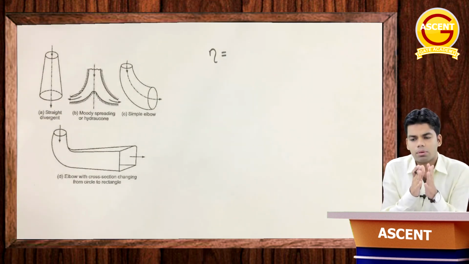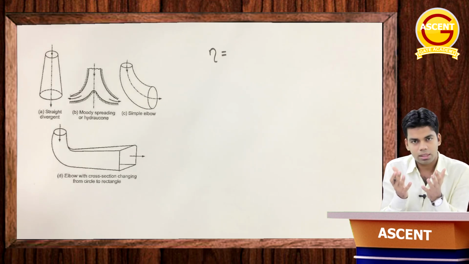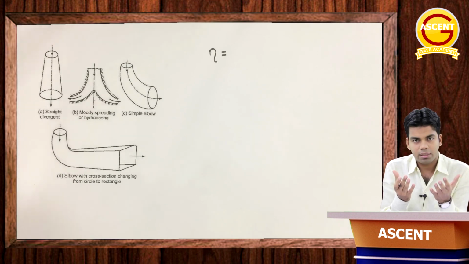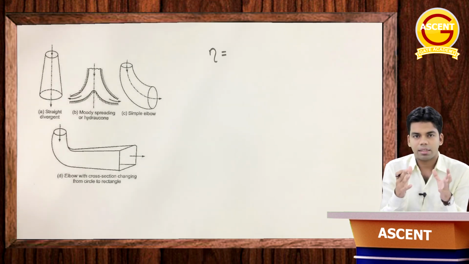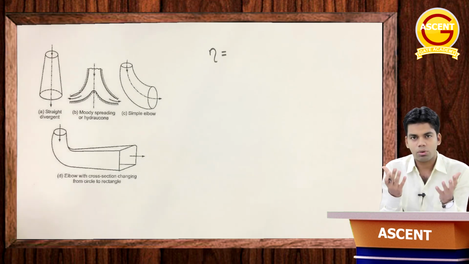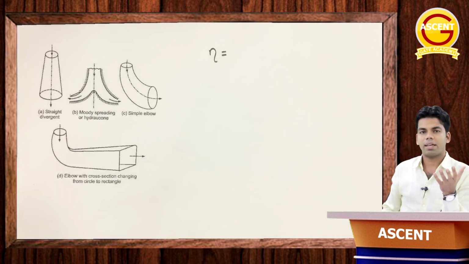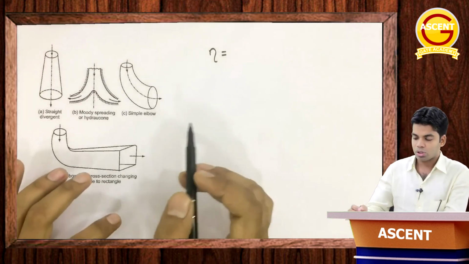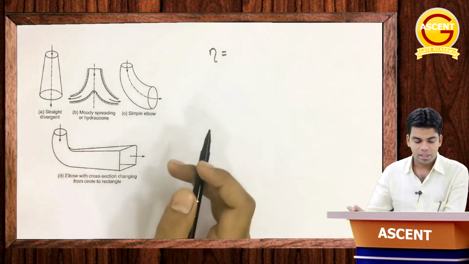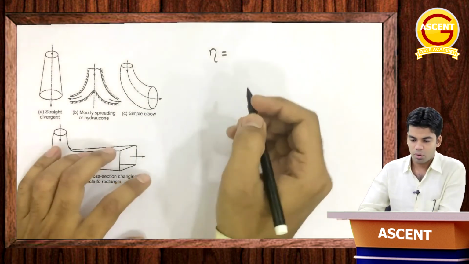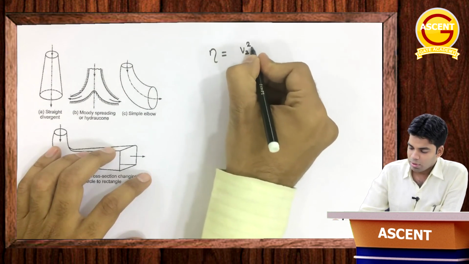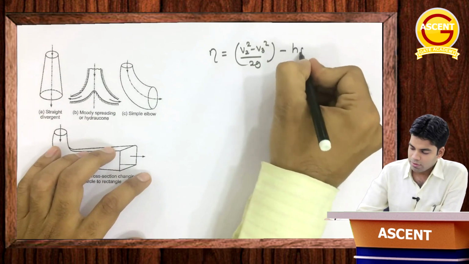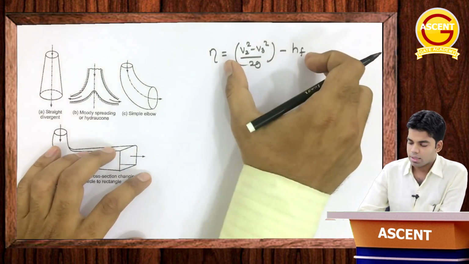Efficiency क्या होती है? What ideally कितना convert होना चाहिए था to actually कितना वो convert हुआ? That means the ratio of actual conversion of kinetic energy to the ideal conversion of kinetic energy is nothing but efficiency. Obviously there will be certain losses, so the actual conversion of kinetic energy will be somewhat less than the ideal conversion because of the losses in the draft tube. So what is the actual conversion of kinetic energy? That is nothing but (V2 square minus V3 square) by 2g minus the losses, HF. This is the actual conversion.